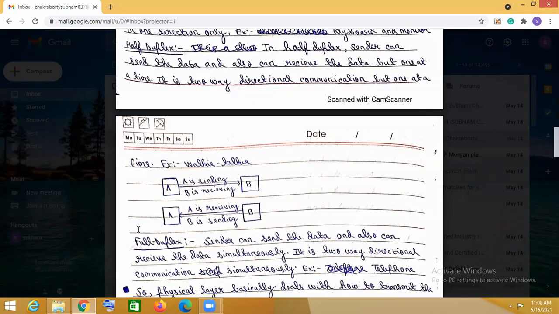Above the physical layer, there is the data link layer. Now, this data link layer basically transfers